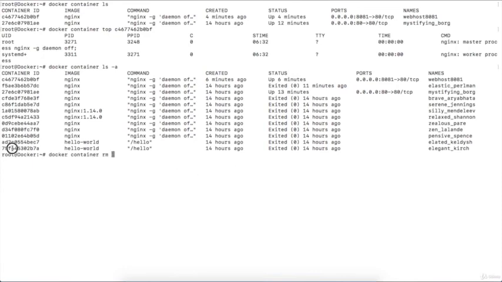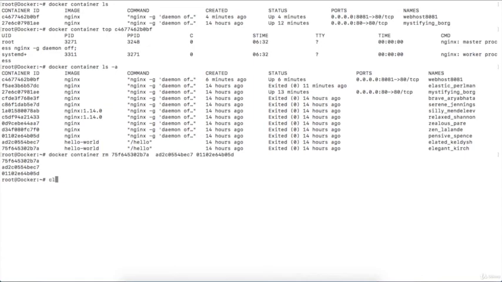Then I need to provide the container IDs, space, the second container ID which you want to remove, space, the third container ID which you want to remove, right? Press enter. So these three containers should be removed. Two were hello-world and one was nginx.